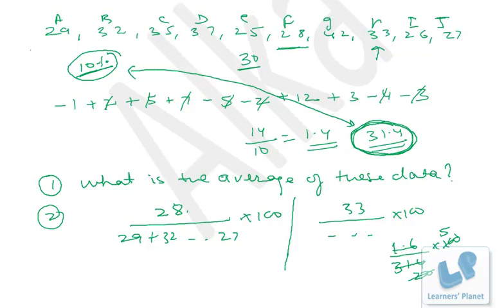So we got 5%. That means 33 contributes 10 plus 5% of 10. 5% of 10 is what? 0.5. So it contributes 10 plus 0.5 percent, right? That means 33 by this entire calculation is 10.5% around. Okay, I take one or two more data to elaborate in a better manner.